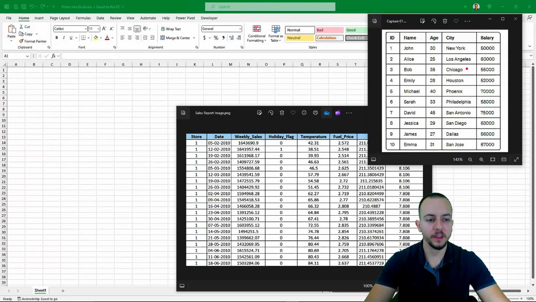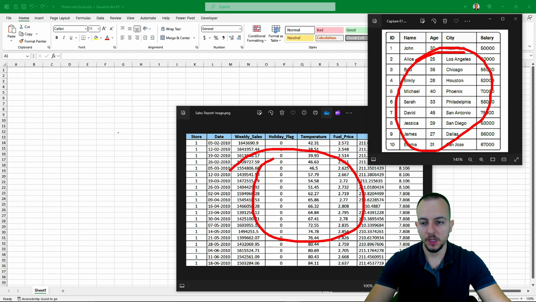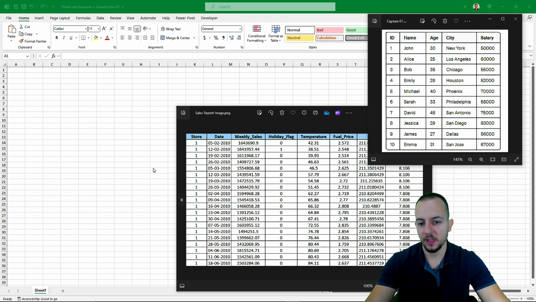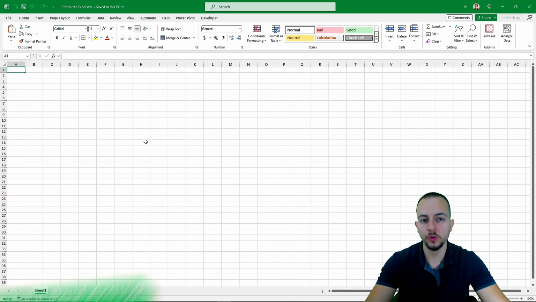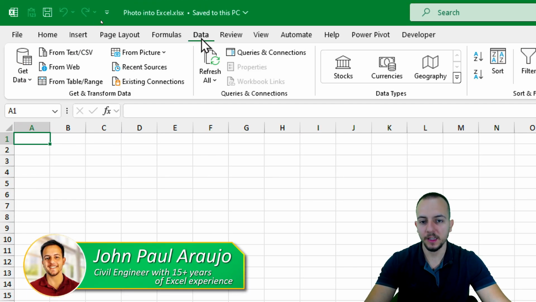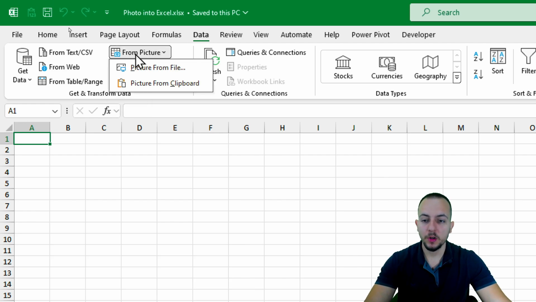In this video, we're gonna see how to convert photos into an Excel dataset. Excel has an excellent tool within the Data tab, From Picture. This is the tool that we can use. When you click From Picture, you have two options to choose. I'm gonna stick with the first one, Picture from File, because that way I can select the files that I